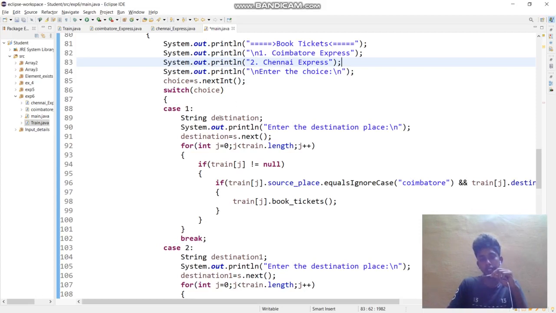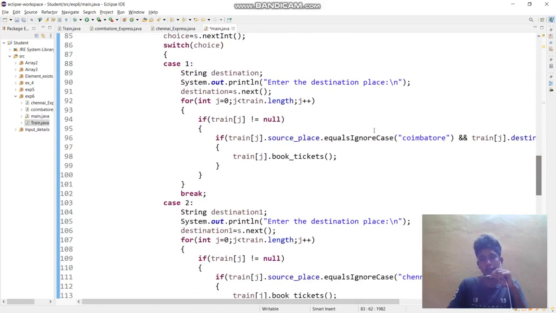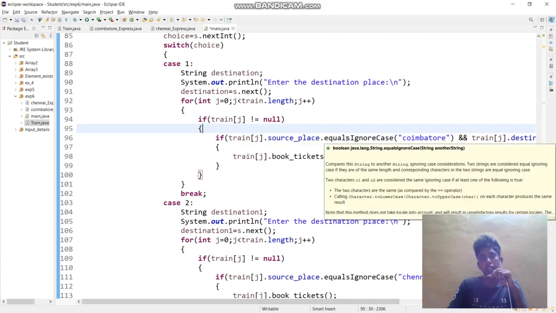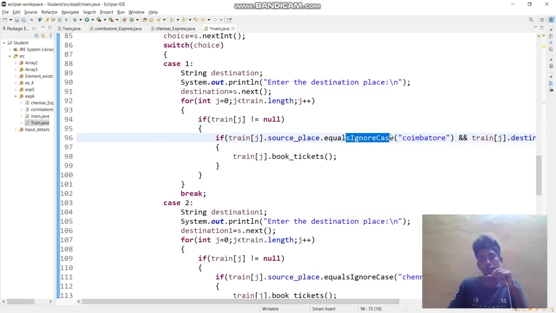So this destination place I am getting from the user, and I am passing it in and checking one by one in the five train objects. I am accessing them one by one. I check whether it is null; otherwise, it is not null, meaning it has some data, so it will go inside and check train of j dot source place equals ignore case, meaning if it is in capital or small letters it will ignore the case, and it will be Coimbatore because it is a Kovai Express.